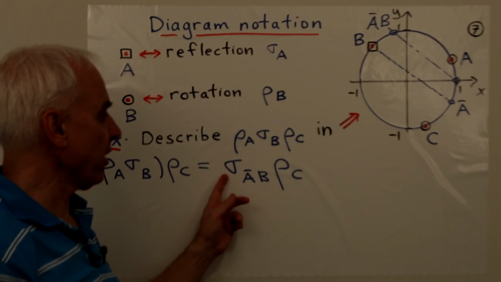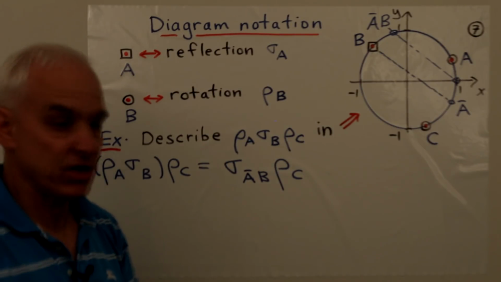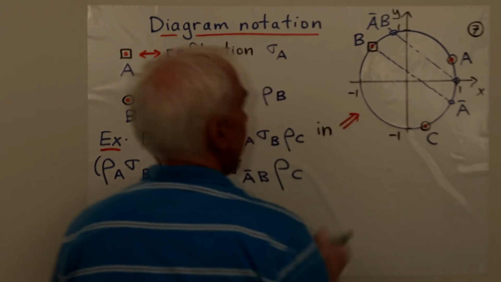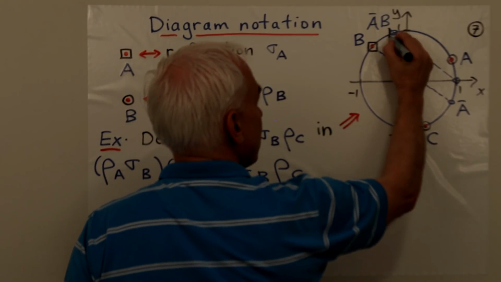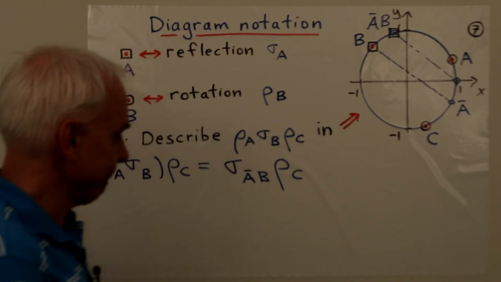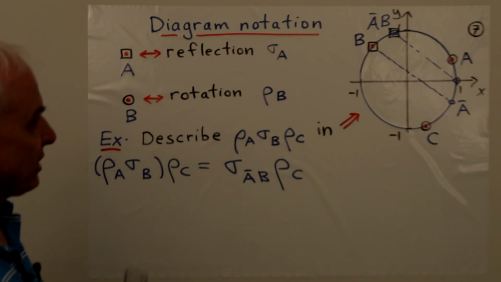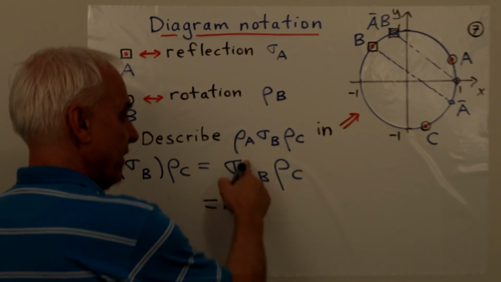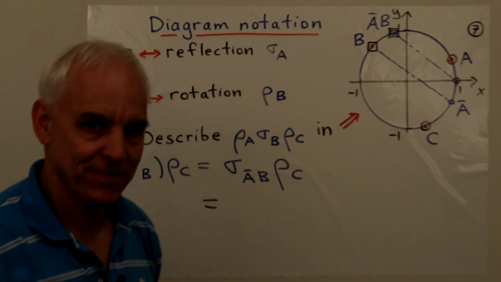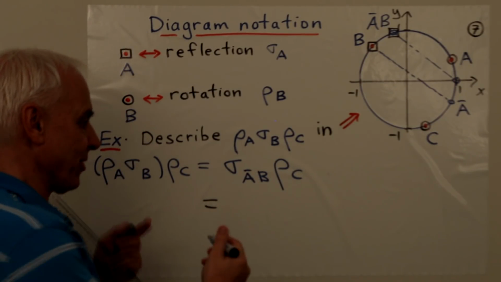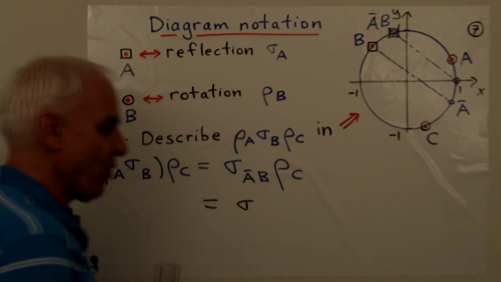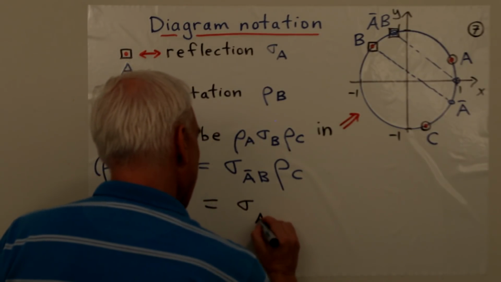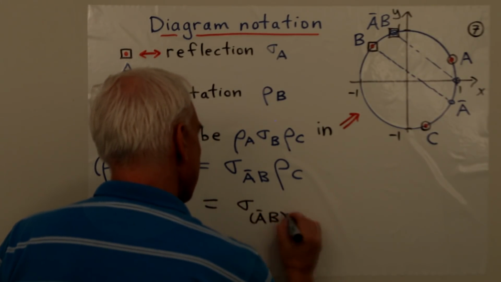And so what we have over here, sigma A bar B, is a reflection at that point. So we want to describe the reflection. We could put a little square around it. It's a reflection, so we'll put a square around it. Okay, so now let's go to the next step. We want to calculate the product of this reflection with this rotation. So it's the same kind of formula. We're going to get another reflection, but now it's reflection followed by rotation, so we don't have any bar. We are just looking at A bar B, that times C.